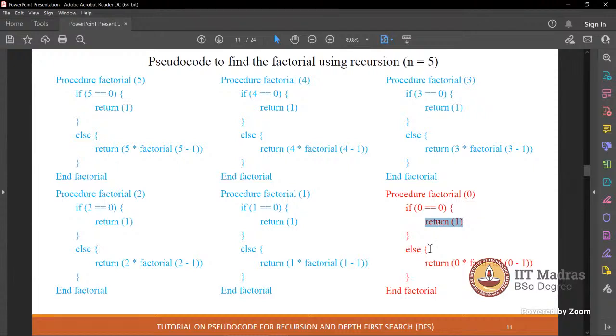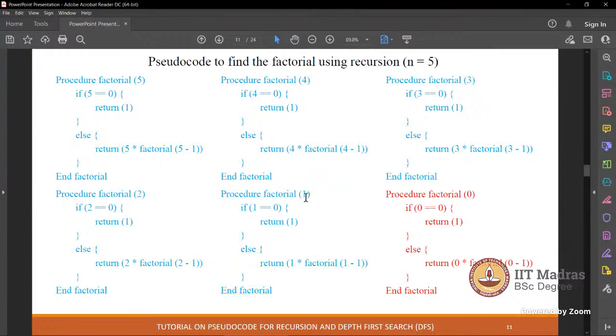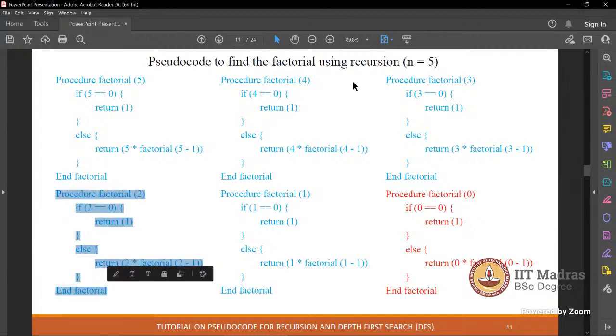Then the code will be the same for factorial of 1, right? 1 into factorial of 1 minus 1 plus 2, for example. I passed parameter 1, and this is the code for factorial of 1. This is the code for factorial of 2, and so on for 3, 4, and 5.